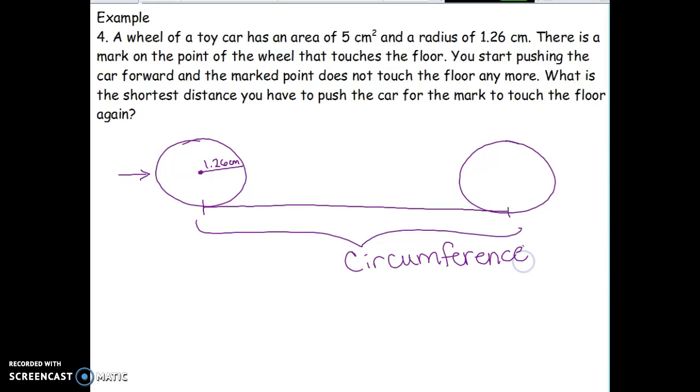So 1 revolution of a tire would be the circumference of the tire, whether you're talking about a car tire, a bike tire, a tractor tire, a toy car tire. 1 revolution is equal to 1 circumference. So in order to find the distance, we would just have to do C is equal to 2 pi r, since we know what the radius is. So we would do 2 times pi times 1.26 is equal to